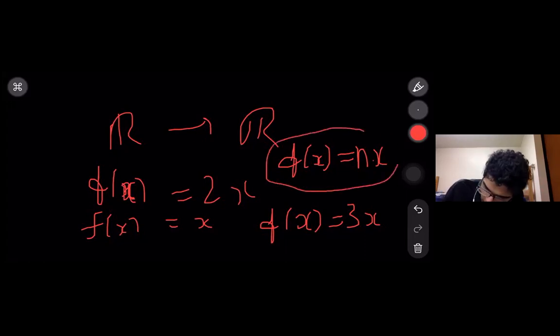You can experiment. It's easy to check, right? Pick some random n that you feel is a suspicious number which might not work, and then you check if the function is one-to-one, then you check if it's onto. If it's both one-to-one and onto, then it becomes a bijection. So this is what you should think about, and we'll meet next time and continue the discussion.